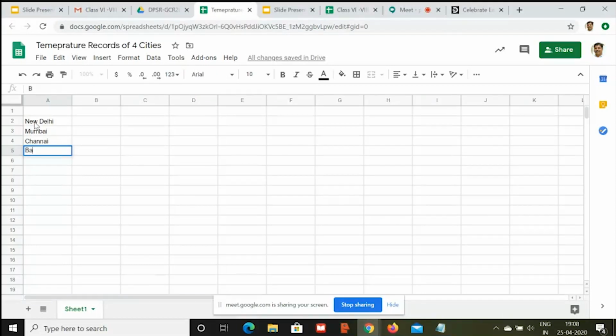And let's talk about the summers when we have temperature around 42, Mumbai has around 36, Chennai may be having similar to us, let's say 46 kind of thing, and Bangalore 26.